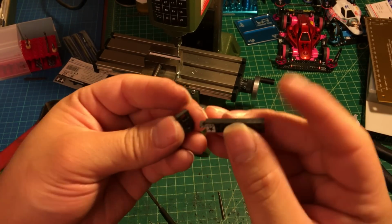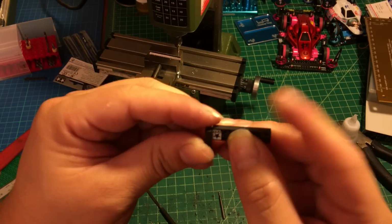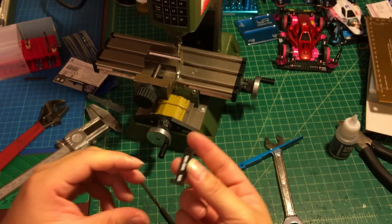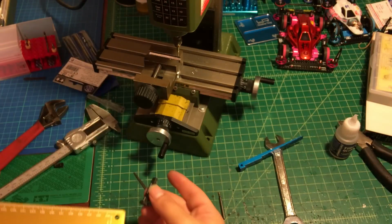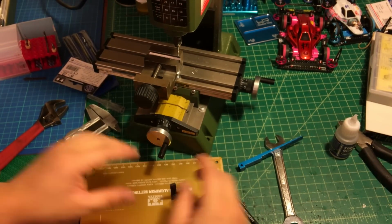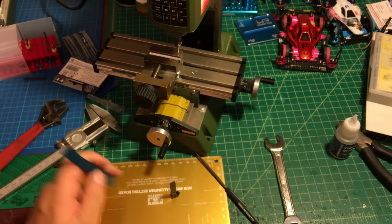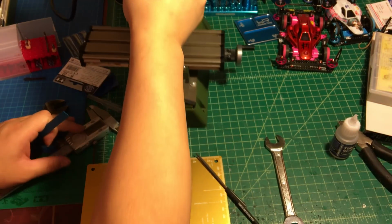So again, it's gonna look like this. It's gonna fit like this. So moving to the next, we're gonna go ahead and set this one on top of the setting board. What are we gonna do next? We are going to